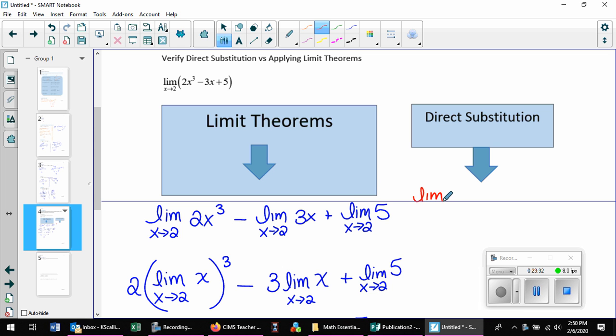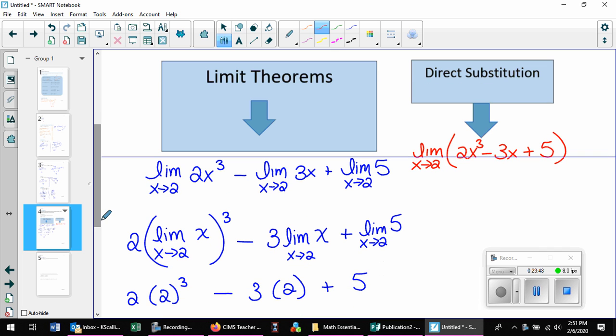So the limit as x approaches 2 of 2x cubed minus 3x plus 5. We're going to direct substitute into it, so we'd be taking the limit as x approaches 2 of 2 times 2 cubed minus 3 times 2 plus 5,